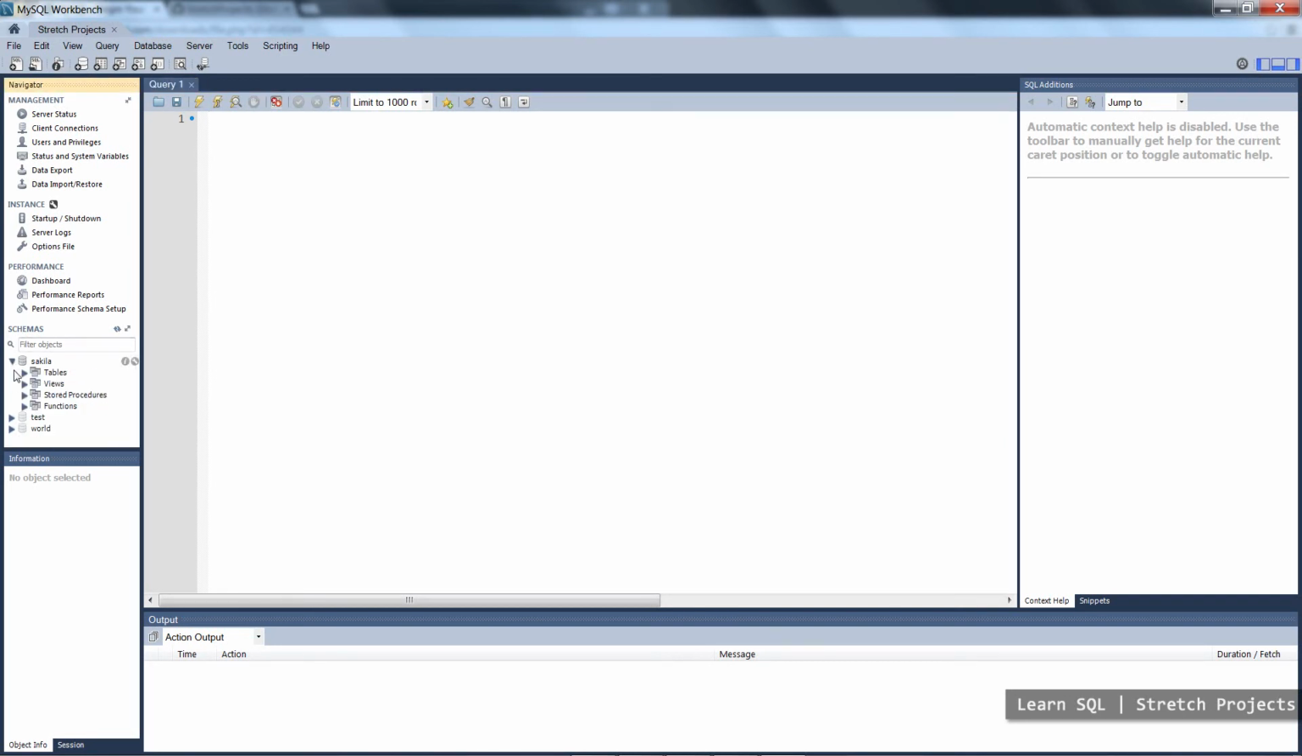You can see here we've got some tables already installed. These come with the program just so that you can get used to using it. So if we wanted to select everything from this table,